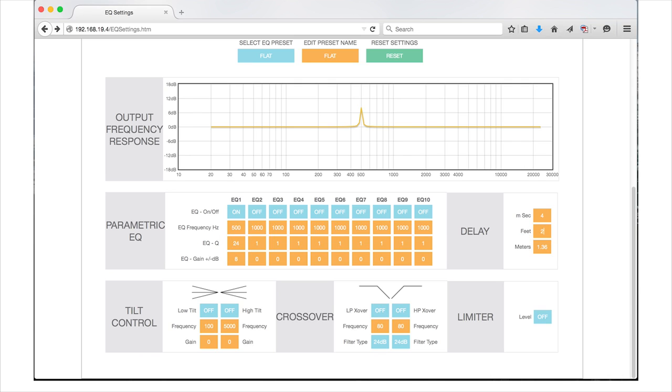The maximum delay is 12 milliseconds or approximately 4.07 meters or 13.59 feet. The tilt controls are useful when you want to increase or decrease the bass or treble over a